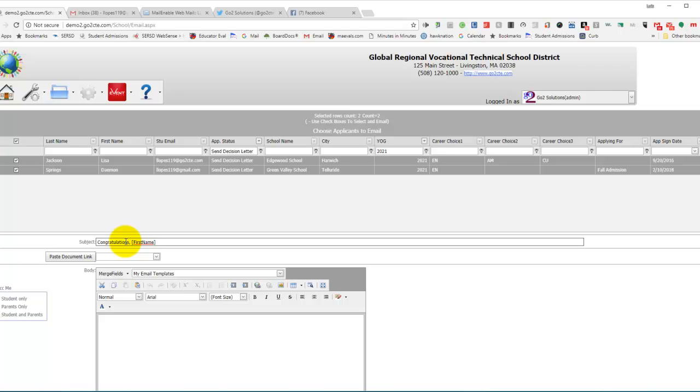You can use merge fields in the subject line, but you do have to type them in. You cannot insert them, so you have to know what they are and type them in, and there's a list of them. I'll show you that in a minute. Congratulations, first name, probably want the comma over here. You have been accepted to